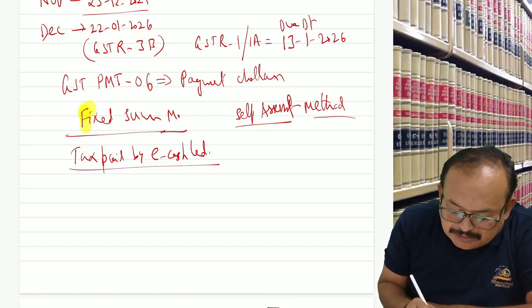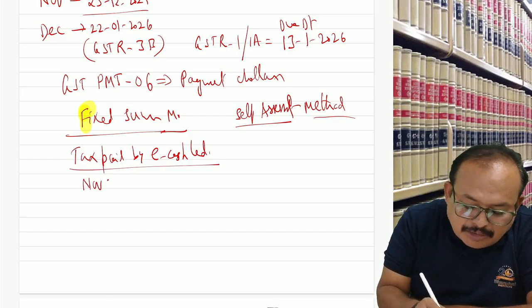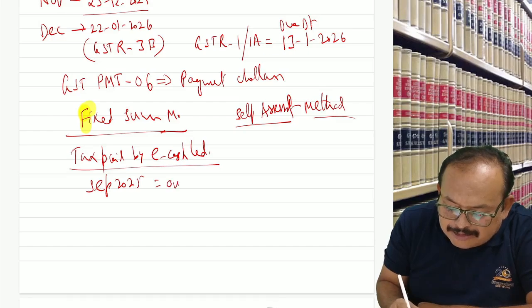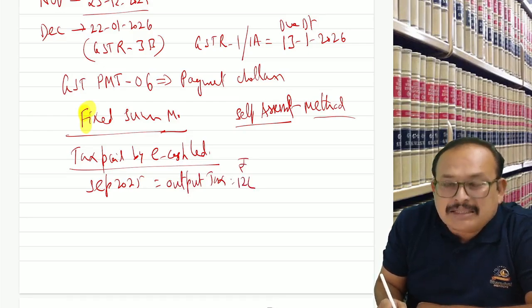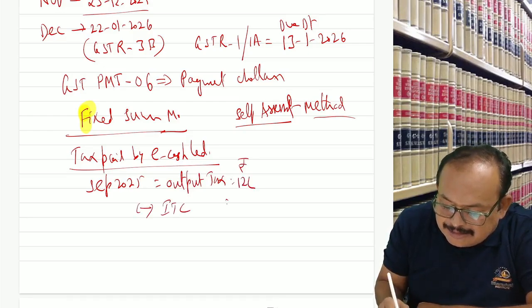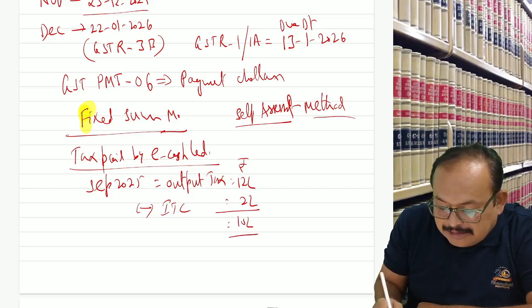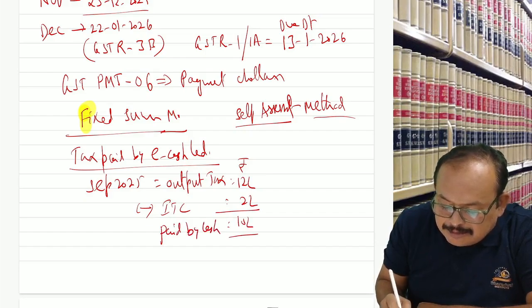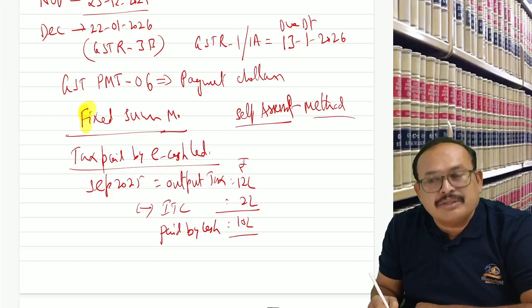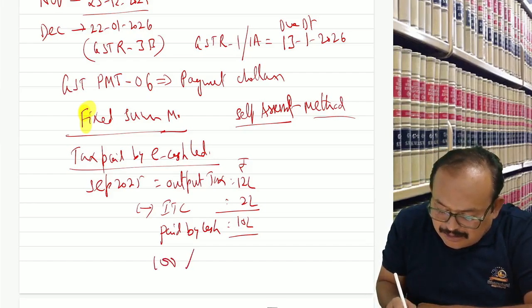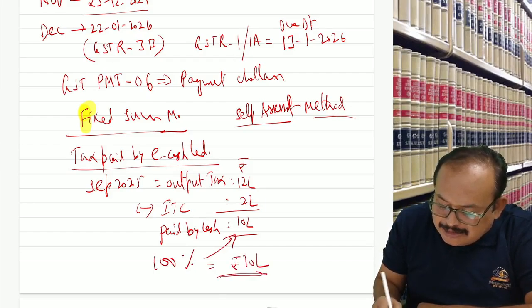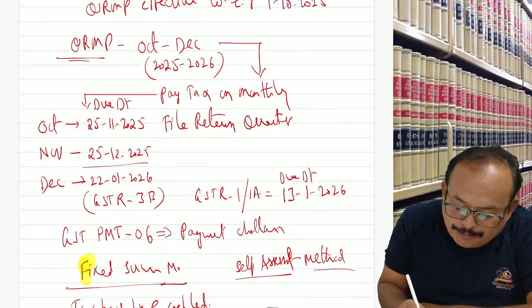For the month of September 2025, sir, my output tax was 12 lakhs, less ITC 2 lakhs, so 10 lakhs paid by cash. So, on 10 lakhs, 100% of this is to be paid, rupees 10 lakhs here. Here you have to pay rupees